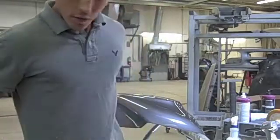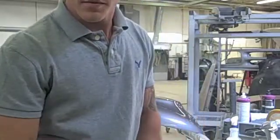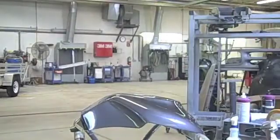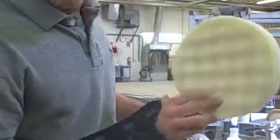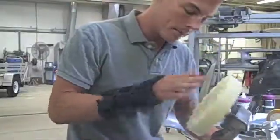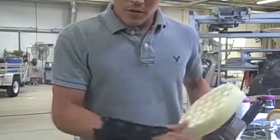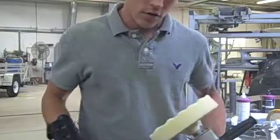Now that we've got all the wet sanding done up to 3,000 grit, we are going to have to buff it with some rubbing compound and a foam pad. See here? Here's the buffer we're going to use, and here's the foam pad. It's a white pad and actually has quite a bit of abrasive properties. It almost sands down the scratches from the 3,000 grit, so it's a smooth